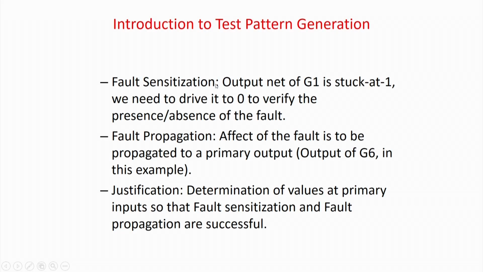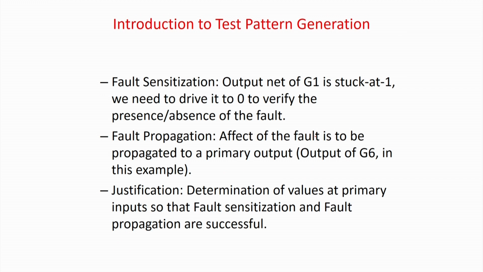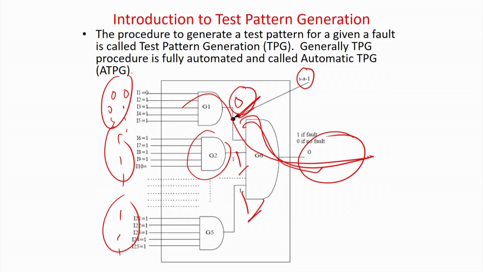If you give the circuits and the fault model, automatically the test patterns will be told to you. So, what I was telling is a 3-phase algorithm: fault sensitization, fault propagation and justification. Sensitize means stuck-at 1, you apply 0, and vice versa. Propagation means the fault effect has to be propagated to the primary output, and justification means you have to go back so that these lines have the values I want. So, what are the primary input values I have to keep?